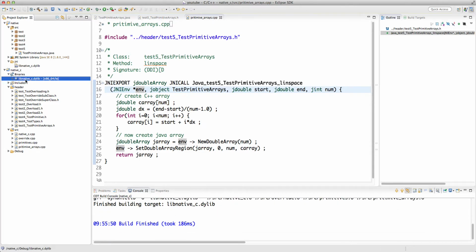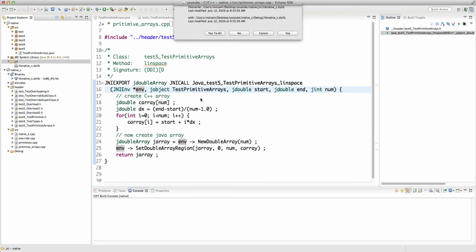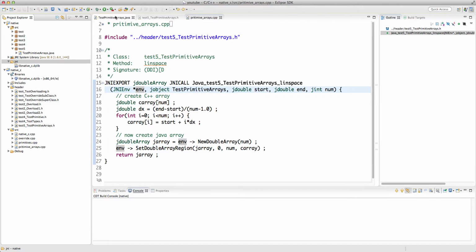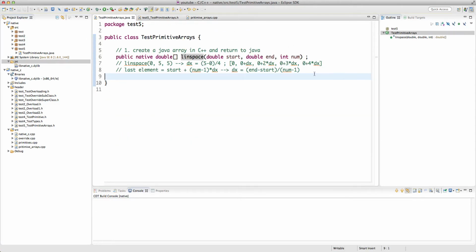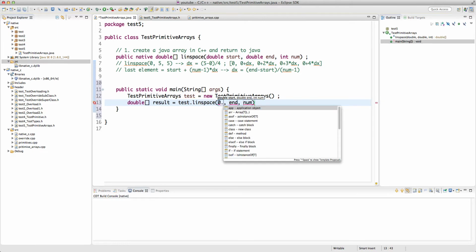So let's compile this. Compiles fine, and then copy and paste this library to our Java project. Go back to our Java project, and then let's create a main method, and then instantiate this class test primitive arrays. Test is new test primitive arrays, and then